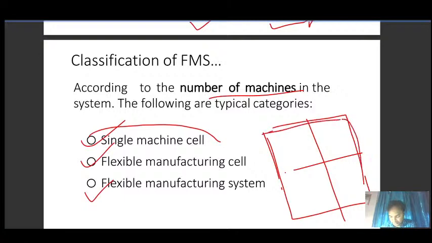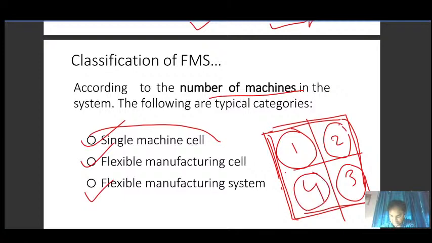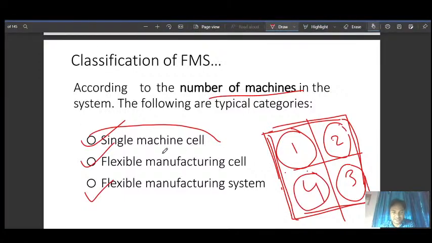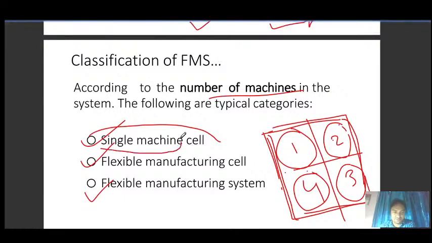See, this whole area under a single roof is divided into 1, 2, 3, and 4. So you can call it cell 1, cell 2, cell 3, and cell 4 likewise. In a single machine cell, as you can understand, there will be only one machine in this area.